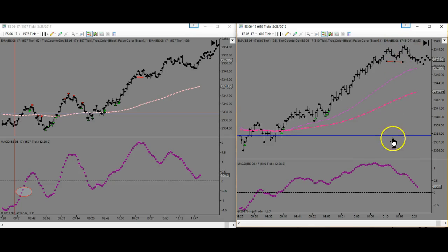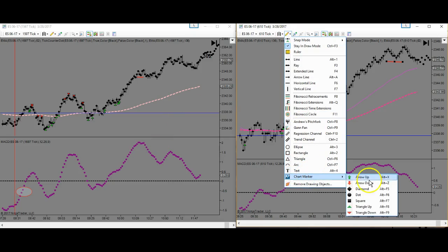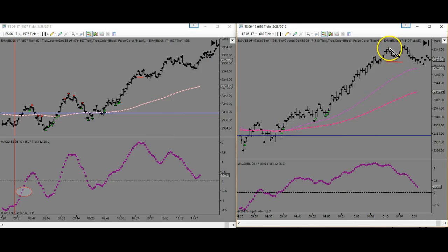Then it makes a ceiling. Your MACDs are leading lower, and this is the reaction of your 1597 MACDs. If you haven't already exited or gotten scared out previously, then you definitely want to look at taking an exit around here. There's a lot of opportunities that if you don't feel comfortable holding that long, even back here, if you got in earlier,